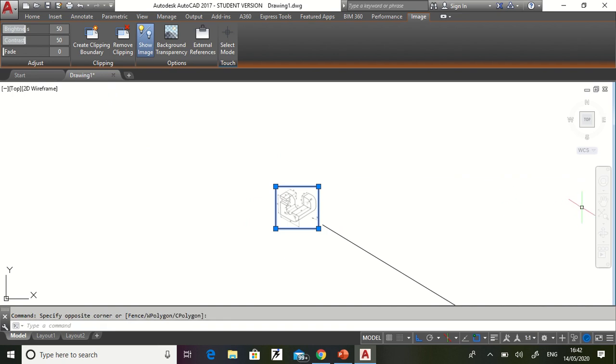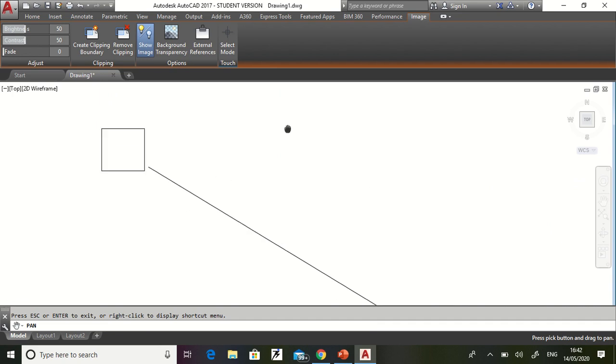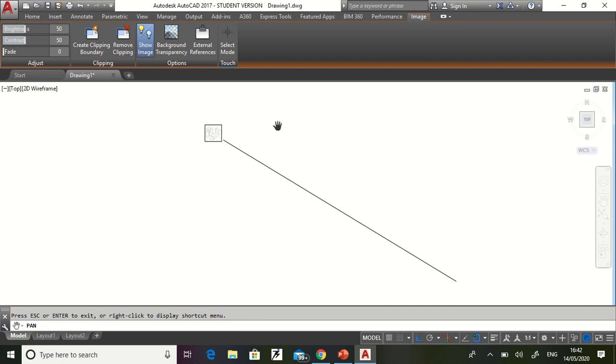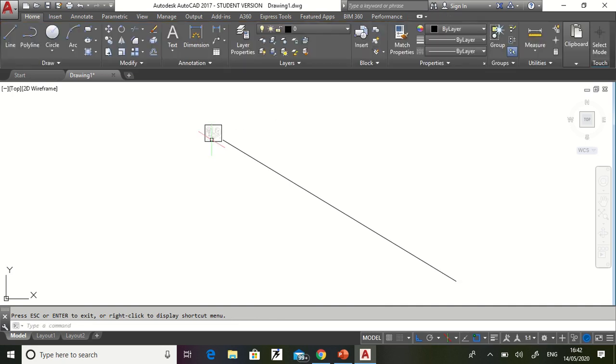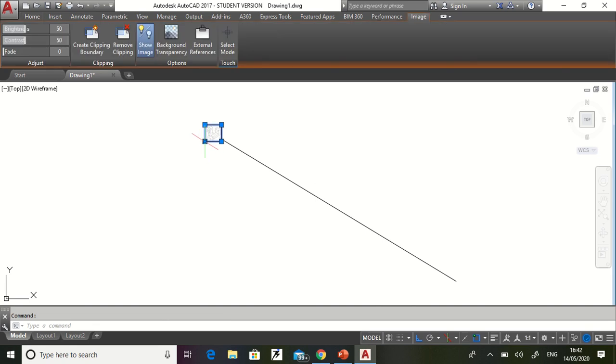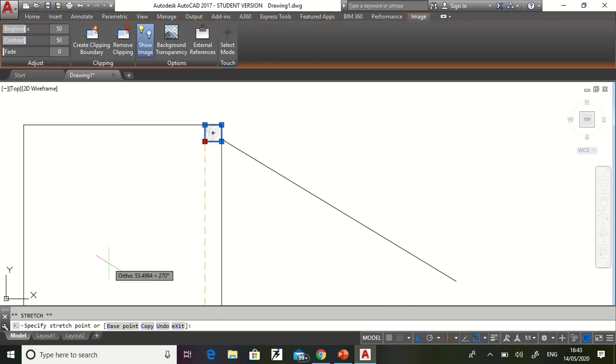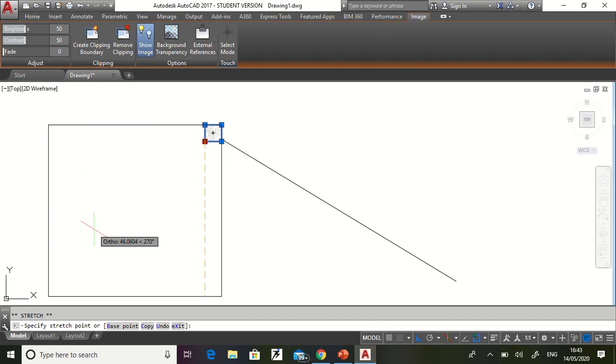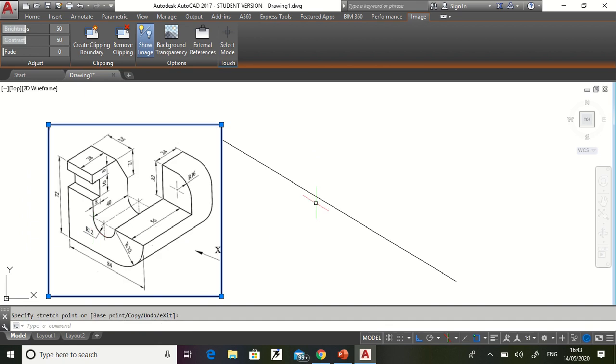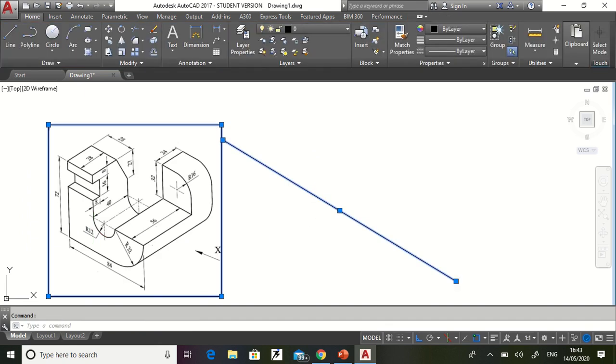The image that was imported was small and our scale is big, so we will not be able to see it. So we will increase the image, and then we will be able to draw this image properly.